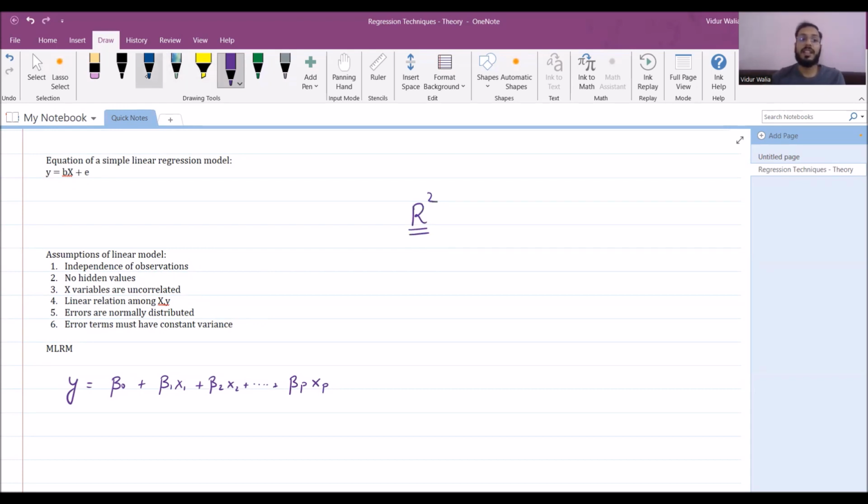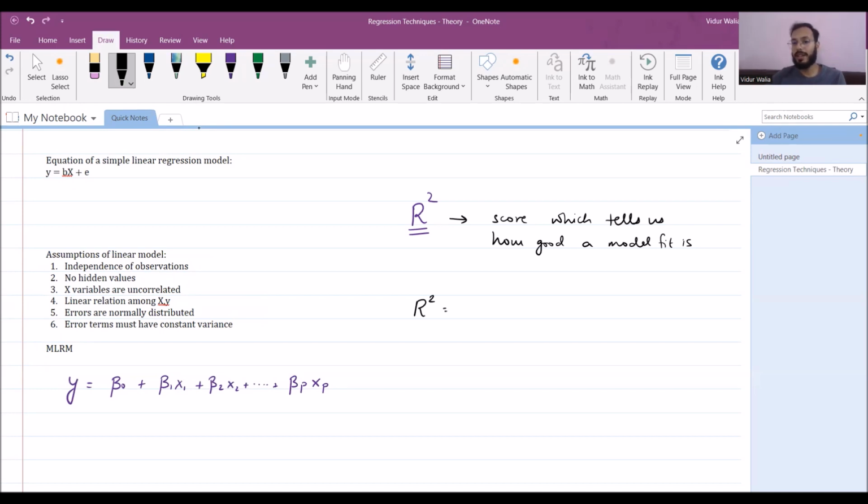Right? It is a very important topic. I promise this is the last topic and then we are moving quickly to the Python notebook. R square value basically is a score which tells us how good a model fit is, right? If I go a little bit deeper into R square, just like we saw